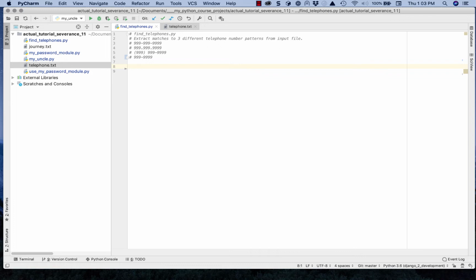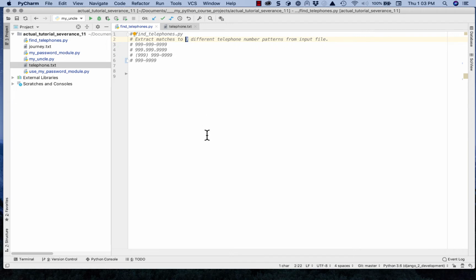So in exercise two, what we're doing is we're trying to find numbers that fit a pattern, okay? You could be looking for a lot of things, but the two that are really popular are telephone numbers and zip codes. In the tutorial, we're going to be looking for telephone numbers, and in your exercise, you're going to be looking for zip codes. So we're going to be creating a program called find telephones.py, and I've just changed this,